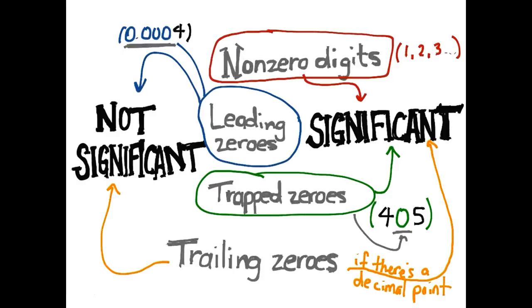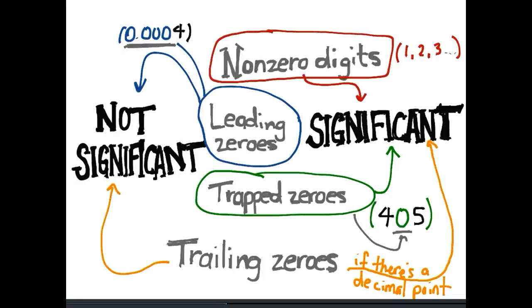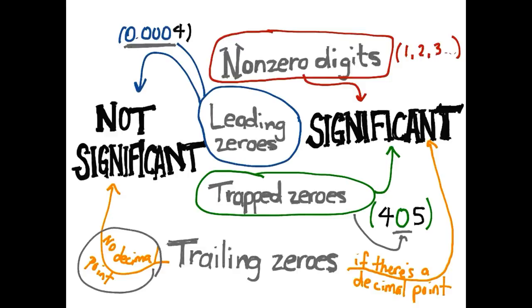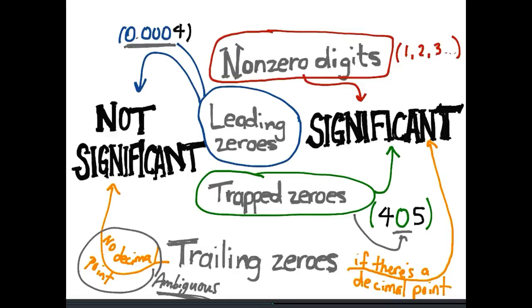If there is not a decimal point, then those zeros can be construed two different ways. If there's no decimal point, they can either be considered not significant, so the number 100 with no decimal point would be considered to have 1 significant figure. However, there are some textbooks that consider the lack of a decimal point as an ambiguous number of significant digits. And so that is generally the way I like to